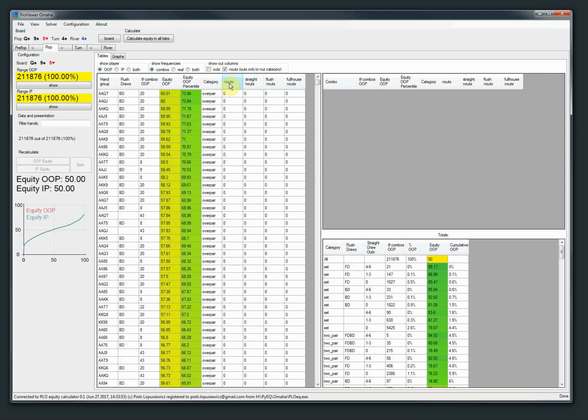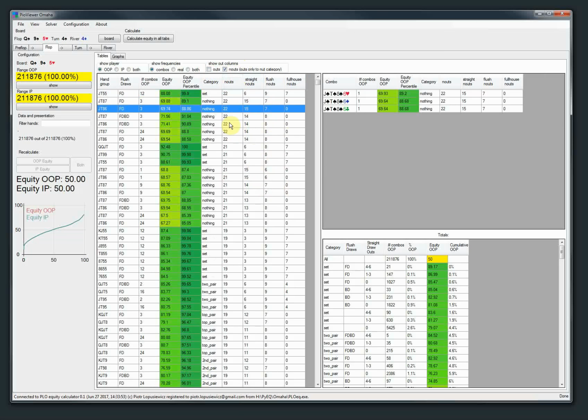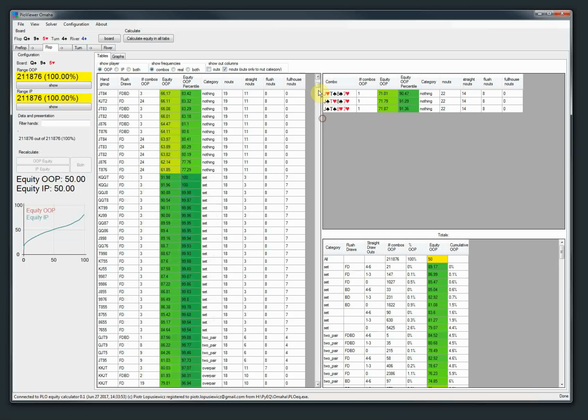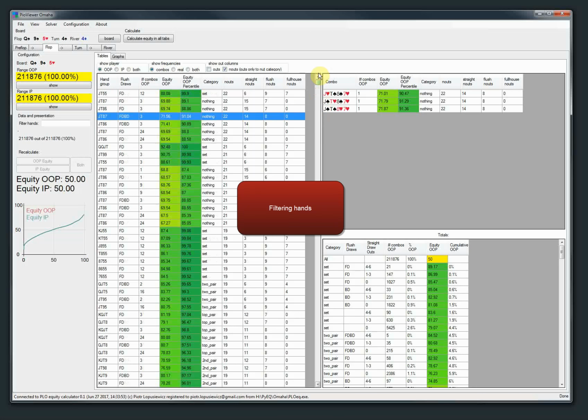Yeah. So this is also pretty useful. You can look at that and see hands with outs. You can also filter hands here. You can filter by rank. For example, you can look at Ace, Ace, Jack 10. You can see that Ace, Ace, Jack 10 with both flush draw and backdoor flush draw have 81.6 equity, but Ace, Ace, Jack 10 offsuit without any backdoors or flush draws has only 65.1 against the full